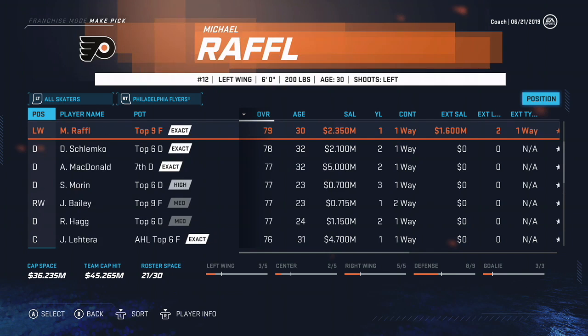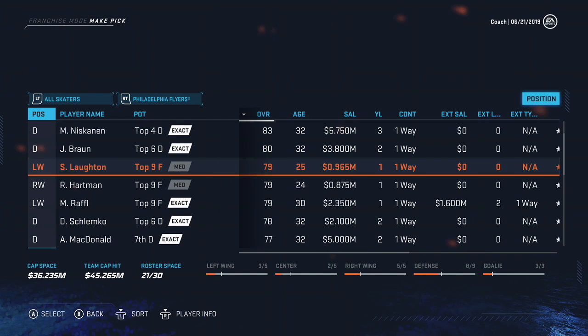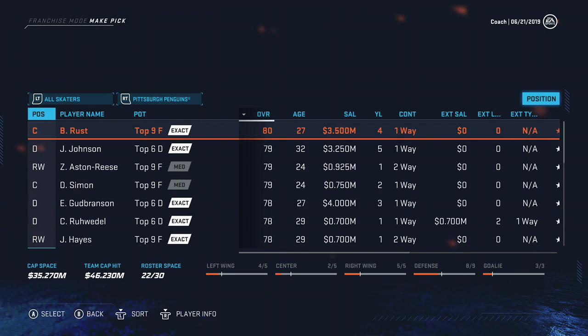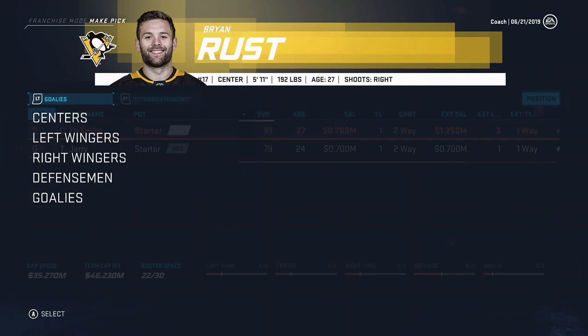You know what? Scotty Lawton. See what you can bring to the team here. Make something happen. And Pittsburgh has Sidney Crosby. No. We have Brian Rust. Now I'm surprised he's only an 80 because he does play pretty well for Pittsburgh. But Casey Smith. Top